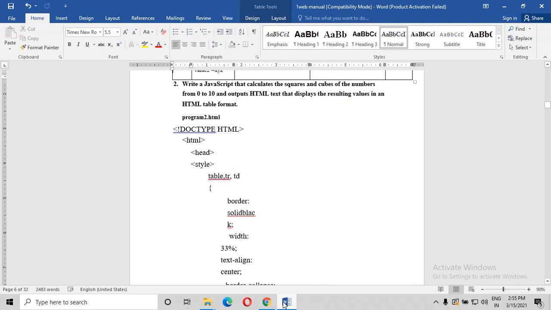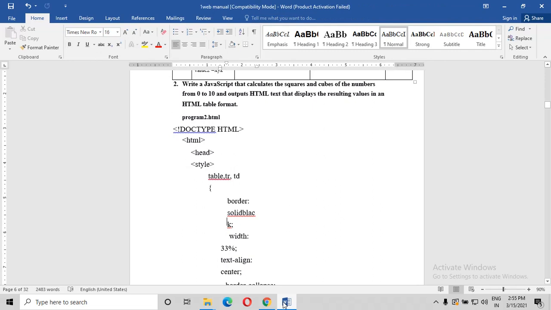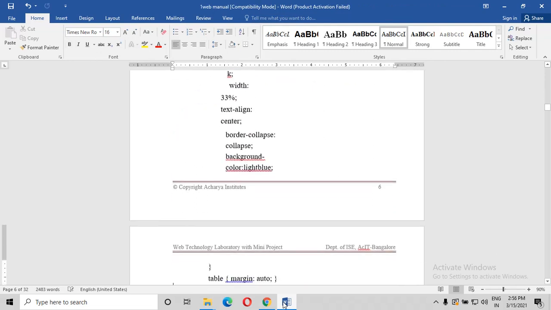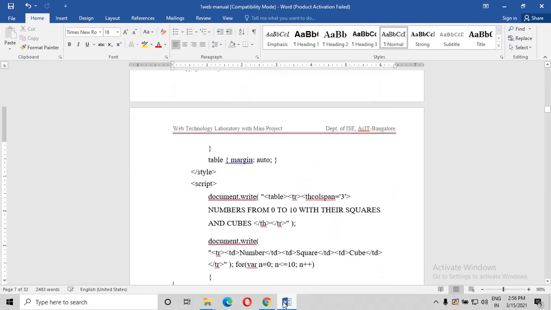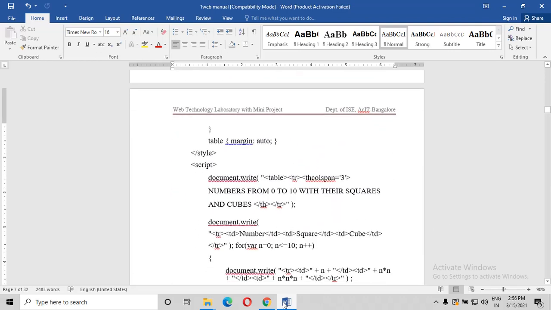Table data is nothing but td. So table row and table data, and a border we have taken as solid black, width 33%, and text-align center. You know the syntax of how to write the CSS, right? And the table margin auto you can take, and the border collapse or the border color you can change, and then you end the style.